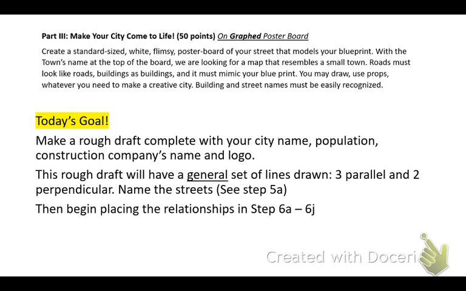Okay? So I'm going to hand out your pieces of computer paper. If you want another one, if you mess this one up, that is perfectly fine. I think that's 6. That might be 8. Here's yours. So you want to be thinking of a city name, a population, a theme, something to that effect. So that's what you should be thinking of right now while you're waiting for papers. Think of a city name, population,